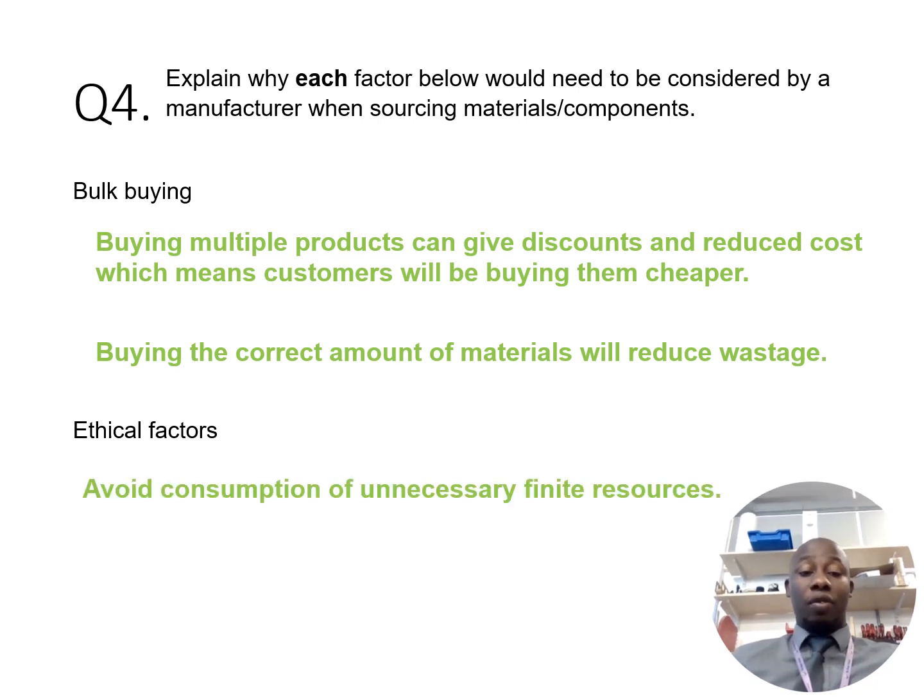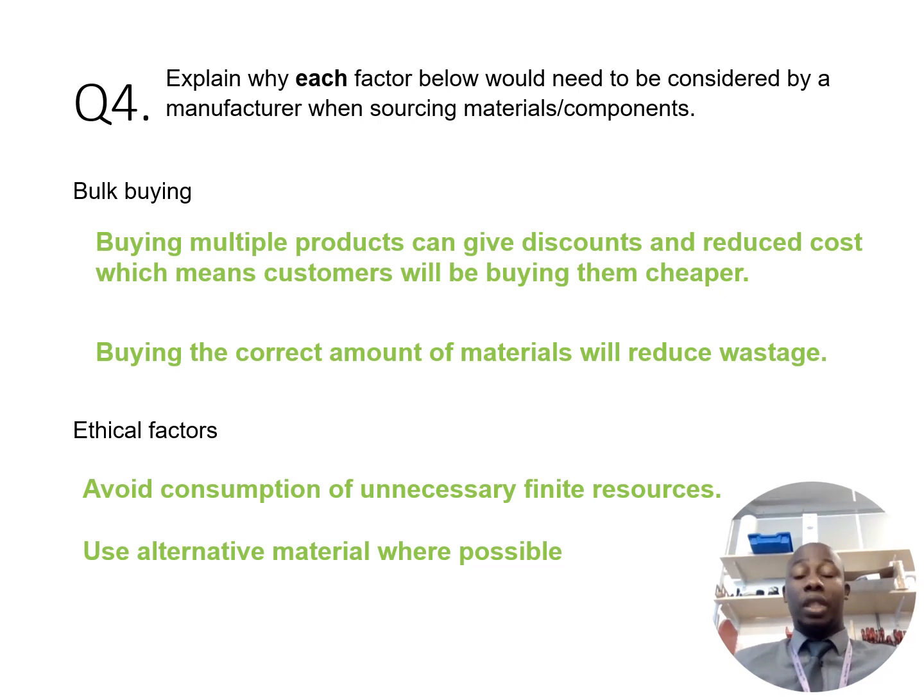So when it comes to ethical factors, avoid the consumption of unnecessary finite resources. So the manufacturers here need to make sure they don't use loads of finite resources. They need to try and make sure they're using renewable sources to manufacture products or to go and source those products or those materials. They need to be using alternative materials where possible. So if for making their product, they've got to use a certain type of material that is not eco-friendly, they might then decide, or they might have to think about using something that's a little bit more ethical